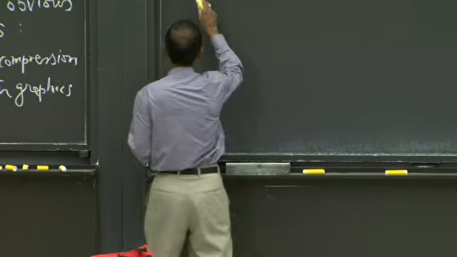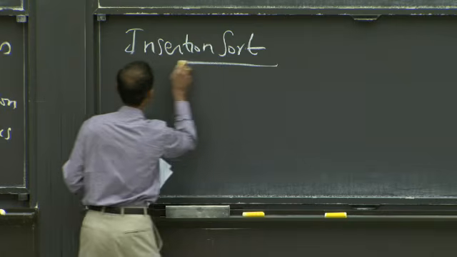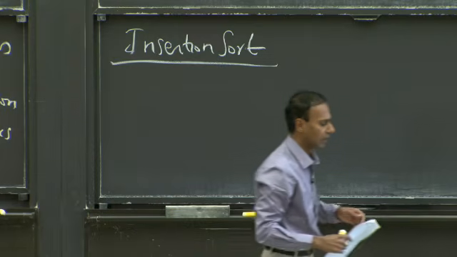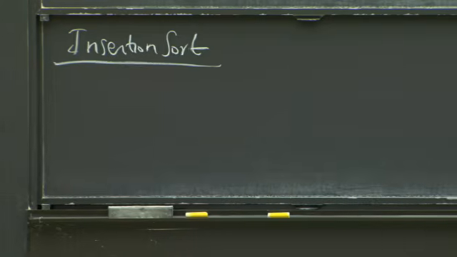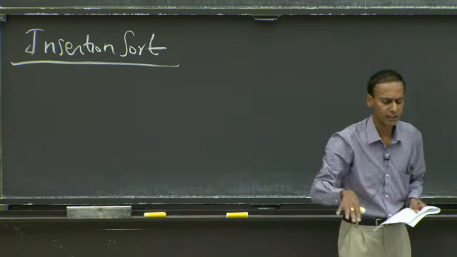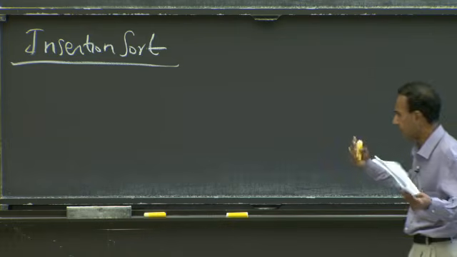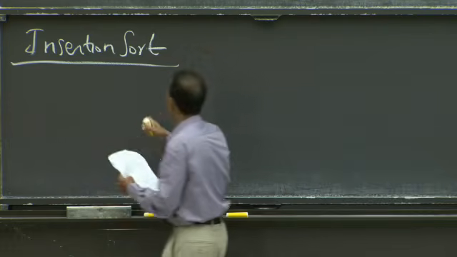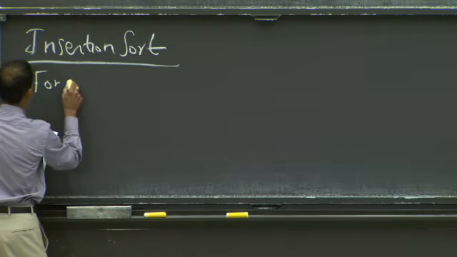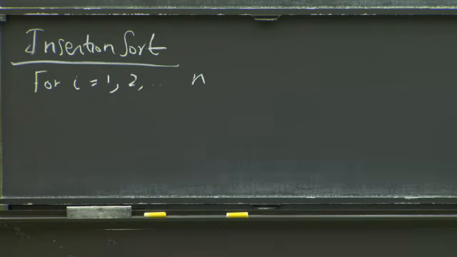I'm not going to write code, but it will be in the notes, and it is in your document distance Python files. But I'll just give you pseudocode here and walk through what insertion sort looks like, because the purpose of really describing this algorithm to you is to analyze its complexity. We need to do some counting here with respect to this algorithm to figure out how fast it's going to run and what the worst case complexity is. So what is insertion sort? For i equals 1, 2 through n, given an input to be sorted,